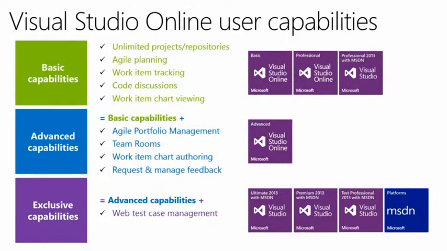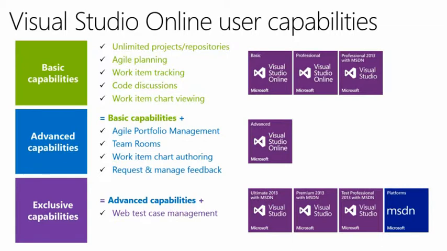So the differences about the plans that are available are really around the capabilities. We have three buckets that I typically will bucket the plans in. So we've got basic capabilities, so you can have unlimited projects and private repositories. We have agile planning tools, work item tracking, code discussions, and work item chart viewing. Those are available with the Visual Studio Online Basic Plan and Professional Plan, as well as Visual Studio Professional with